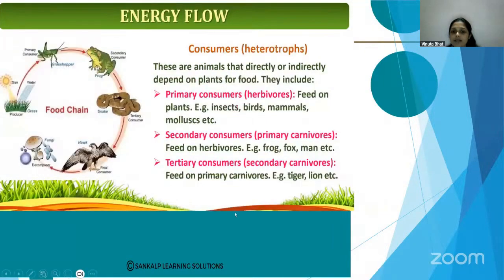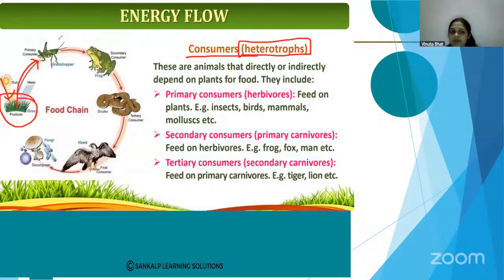Then consumers are heterotrophs. Heterotrophs are not able to produce their own food, right? Grass, plants, and all photosynthesis-performing organisms are called producers. Consumers are the heterotrophs. Here grass is the producer, which produces food with the help of sunlight, and this grass is eaten by the grasshopper, and the energy is transferred. The energy received from the sun is transferred to the grasshopper in the form of food.